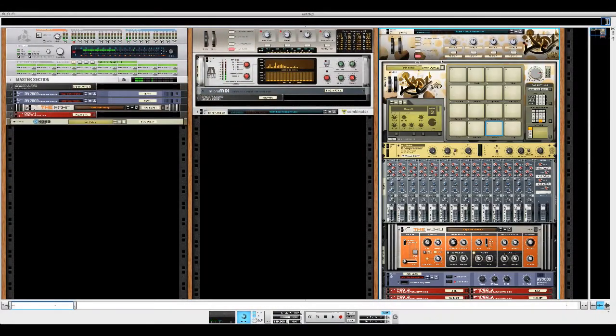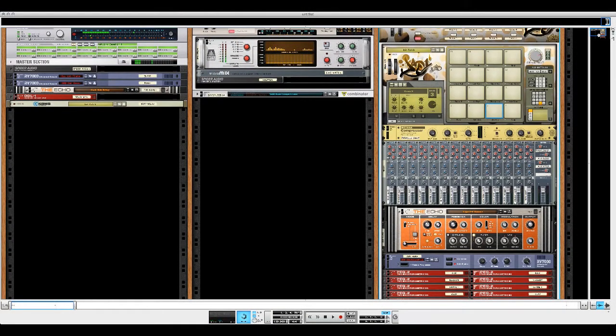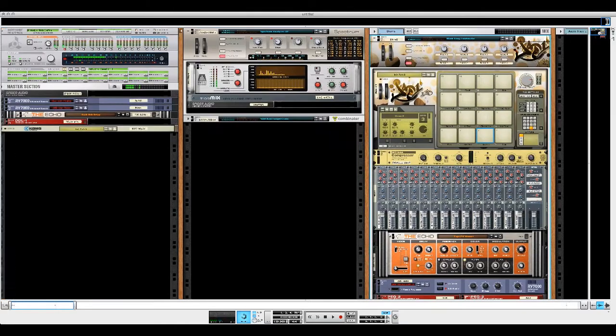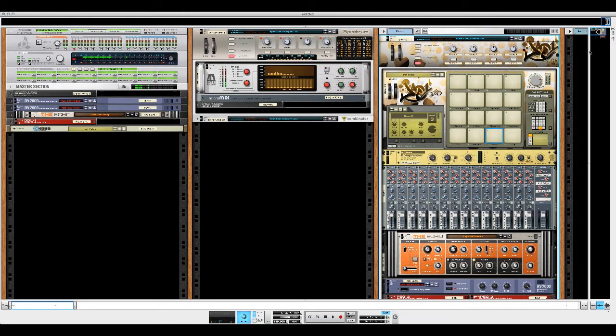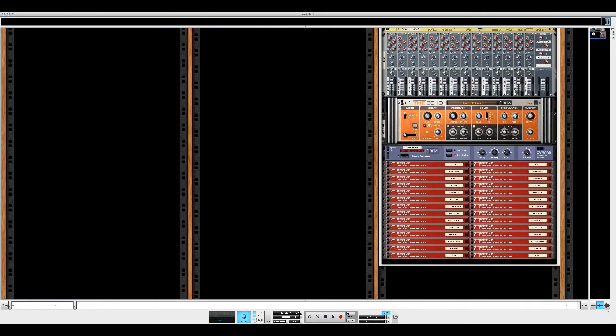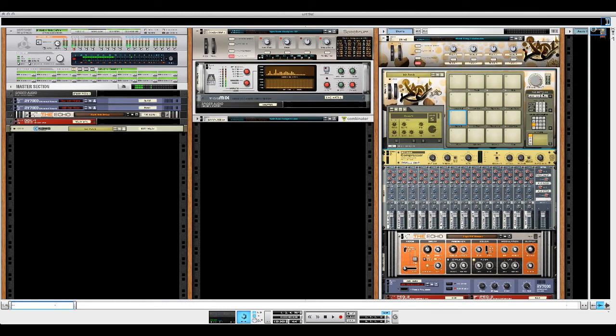Alright, so here's what I'm going to show you guys how to build today. This is just a basic drum kit template that I use to start out most of my kits when I build them from scratch. As you can see, nothing's really programmed into here yet. This is just something I copy out to start with a blank canvas. I route each of these 16, actually only 14, I omit these two just to keep it clean. I route these 14 pads out to these 14 mixer channels,